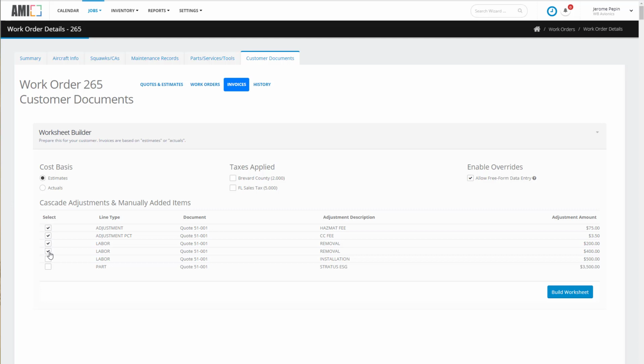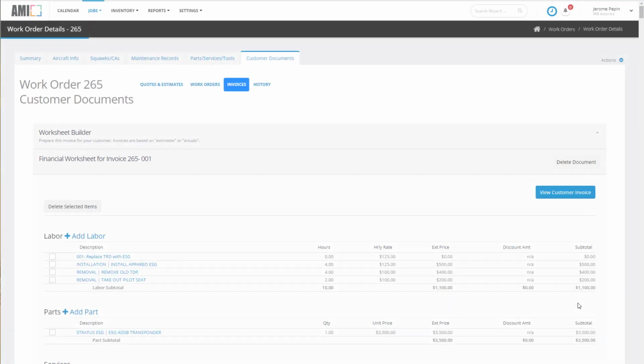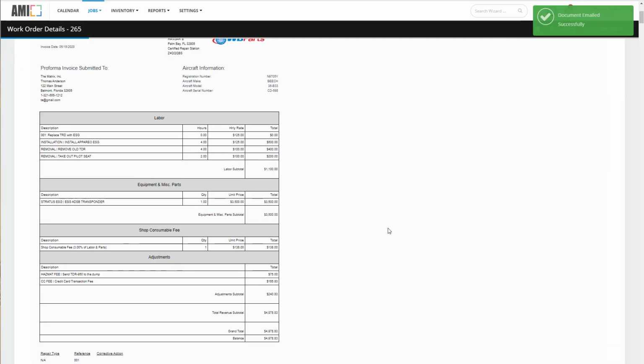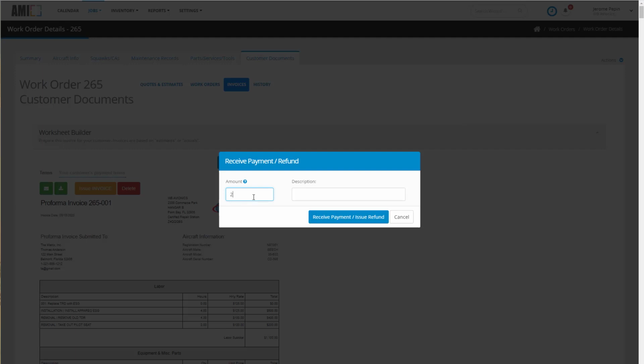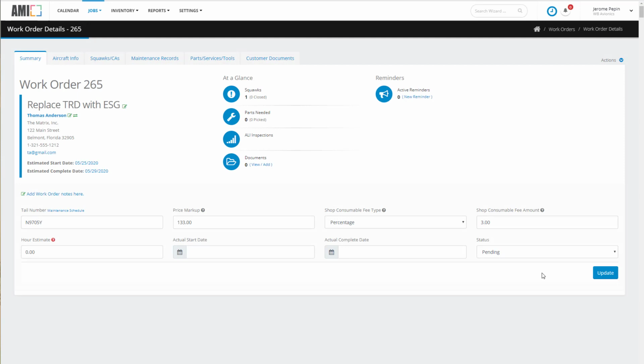So here we're going to cascade forward to the invoice the various costs. Now, there may be costs that we're not cascading forward. Maybe the customer doesn't want us to do something, and so it's very easy to take elements of the job out of the puzzle. So we're going to go ahead and receive the deposit on the job, and then we're going to actually execute the job, and I want you to see what the customer documents look like when we go from